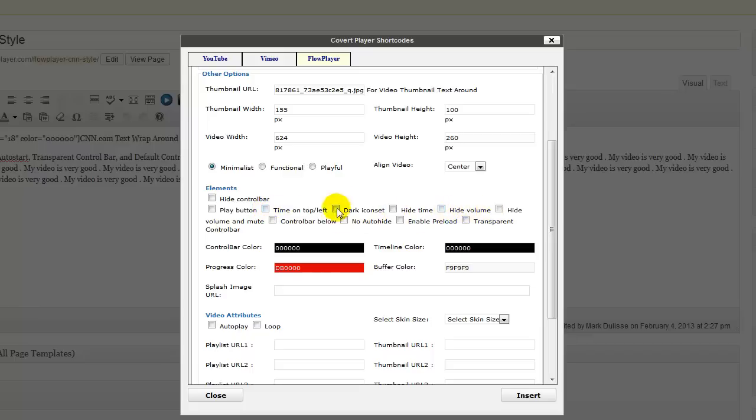So what we're going to do here, to show you what this looks like, I'm going to put the time on the top left. The control bar is going to be transparent. Otherwise, you can pick whatever colors you want here. See that? The progress bar can be red or green or any color that you want, and the control bar color. But for this illustration, I'm going to put it as transparent,